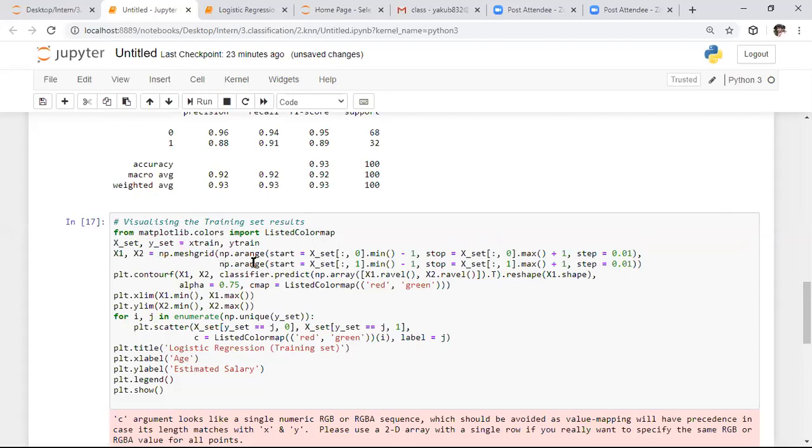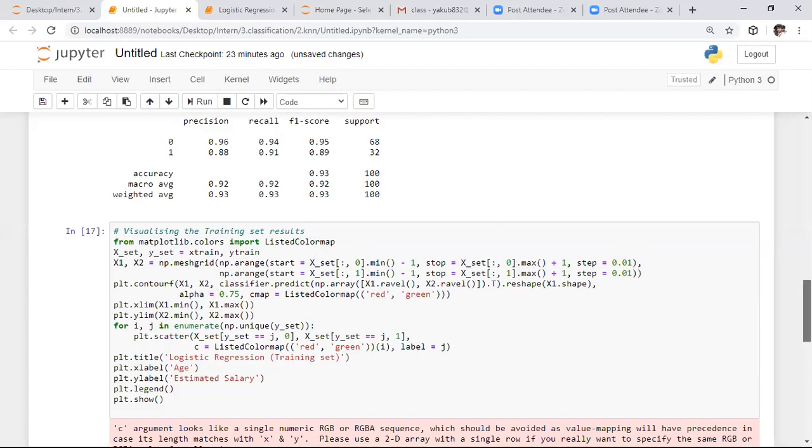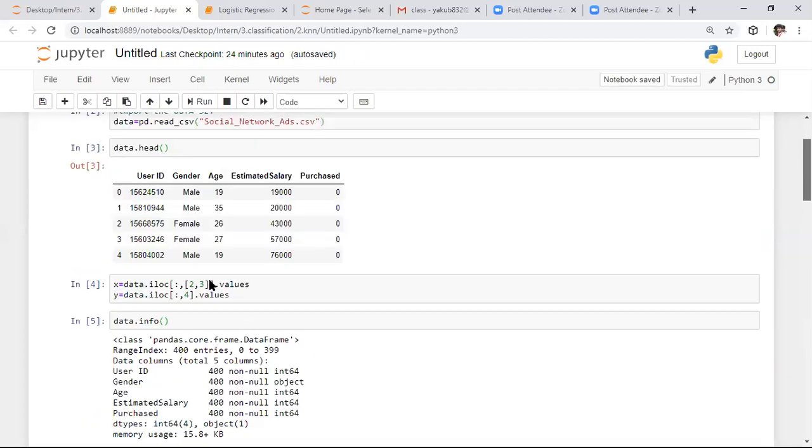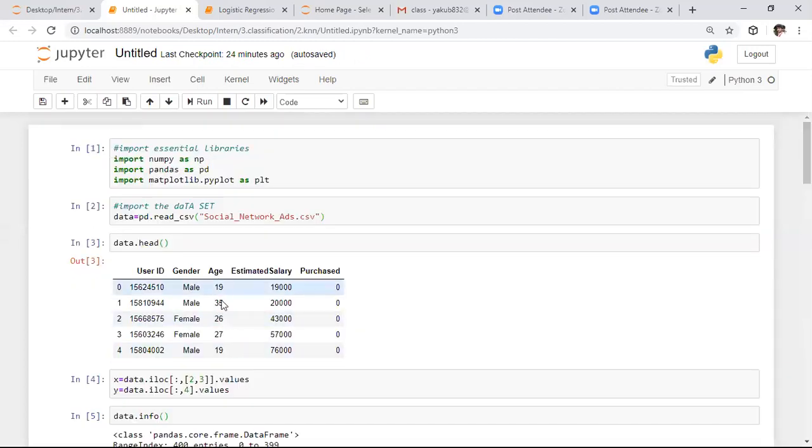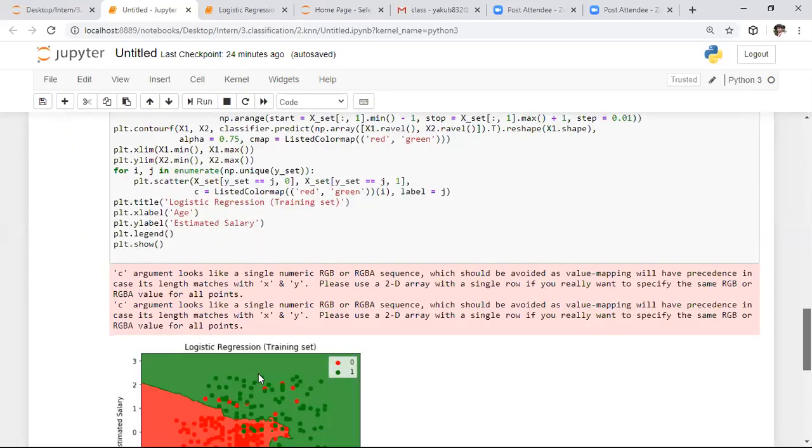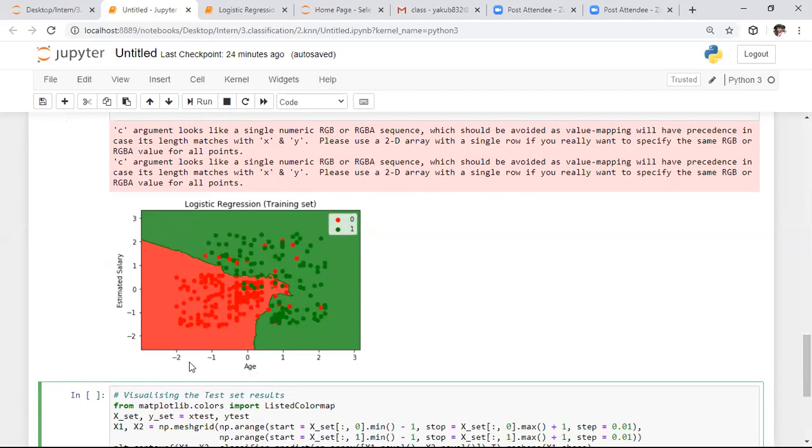To specify the x-axis as well as y-axis boundaries, here we consider two features. On the x-axis, which parameter did we specify? We need to go to the data set itself. On the x-axis, we are specifying the age attribute, or else we can observe the graph. In the graph itself previously, on the x-axis we are considering the age parameter, and on the y-axis we are specifying estimated salary.